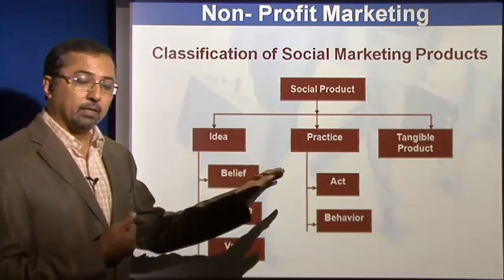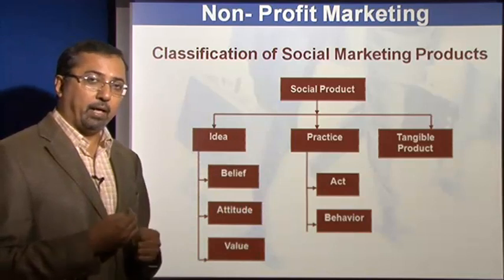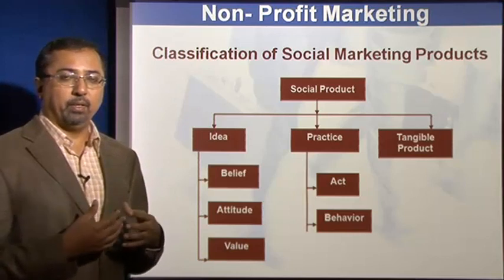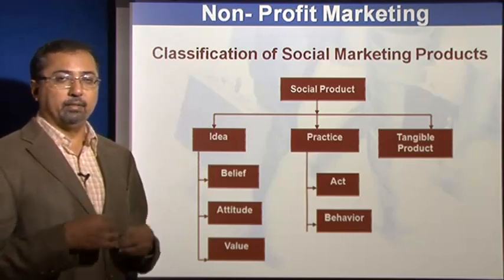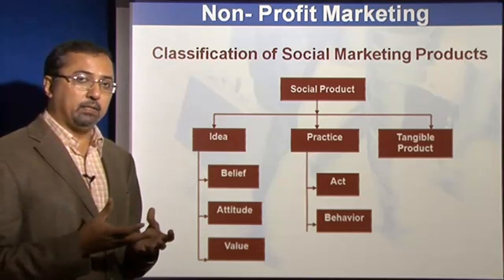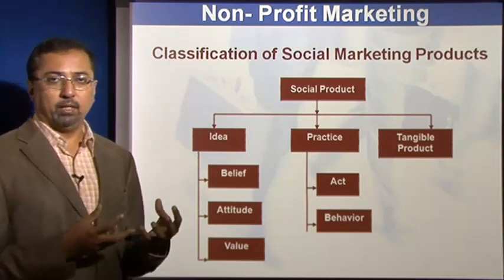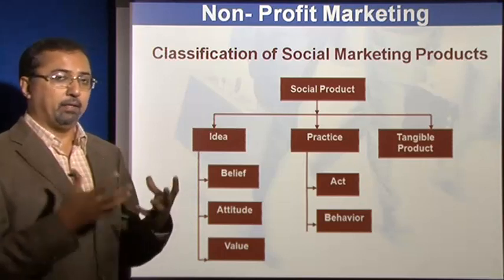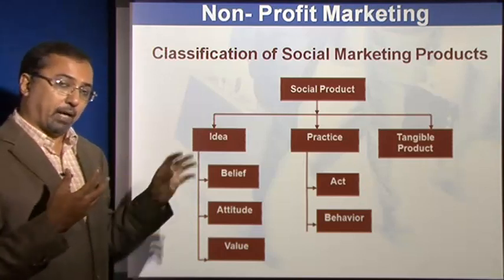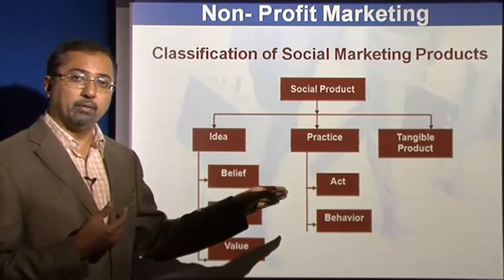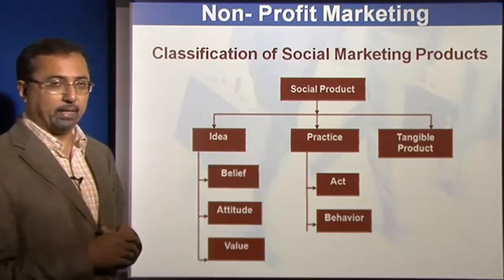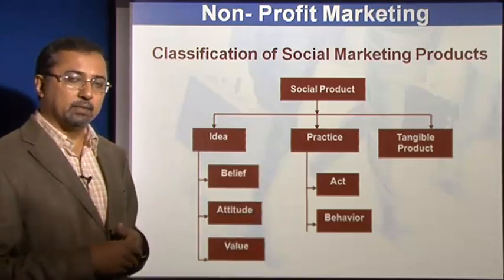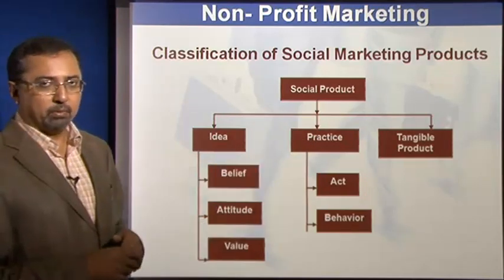The second thing is, then change somebody to act. For example, I might agree that it is important for me to be healthy and therefore to eat healthy. But when I actually see some very nice pakoda or a bonda or a nice juicy burger, I know that it is not that healthy, but I still feel like eating it. So I might believe in one thing, but I may act quite differently. So that is what I am trying to get at here. So how do you act, and therefore what is the pattern of behavior that you exhibit? And like I already talked about, the tangible product.